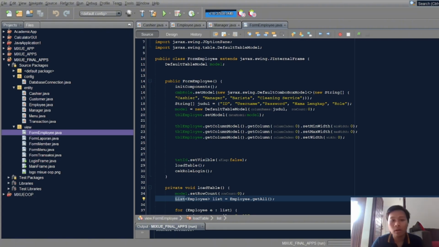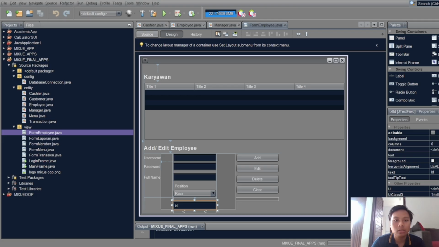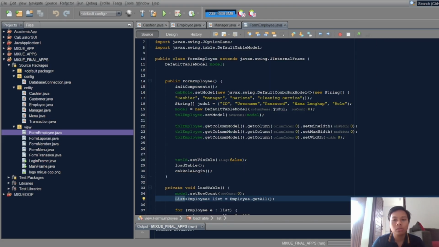This is default from Java, and then we set all the variable names in the design. In the design, the combo role is to set a model, like cashier, manager, barista, or cleaning service, to add data to the database.